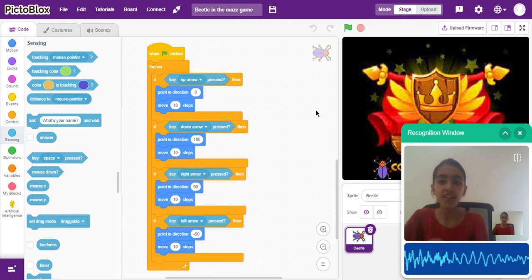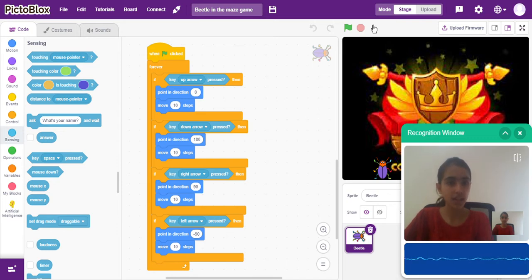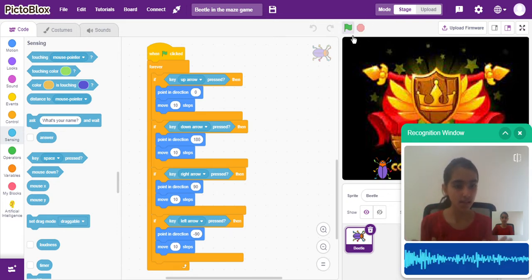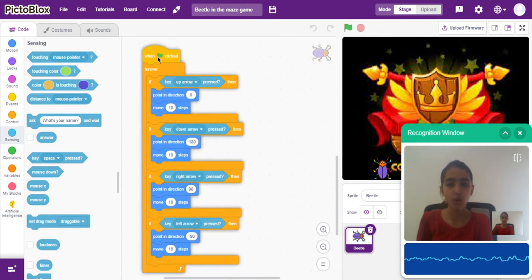So when the green flag is clicked, this is the last and main major part, that will be for the movements of the sprite. This green flag we are talking about means that when our game starts. The green flag is for starting our program. So when the green flag is clicked, under the forever block, you can see it has got much bigger in size. So under the forever block, what happens is,